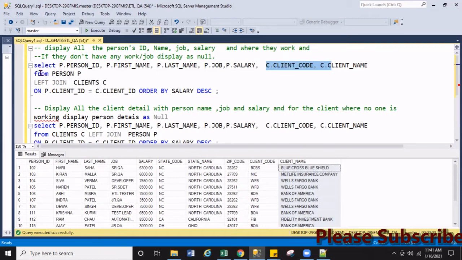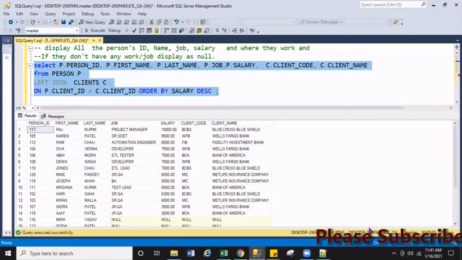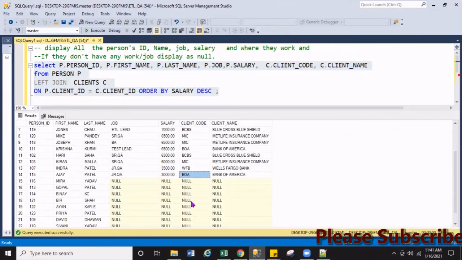I did the person as the first table, left table is person as P, left join client as C, and joining key is the primary key from both table, right? And then order by salary I put as descending. So if you run this query, I display all 23 records, and wherever person works, they are given their client name, but wherever no person works, for them it displays null.